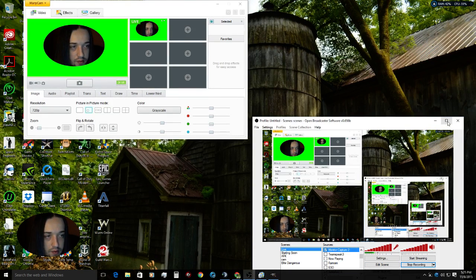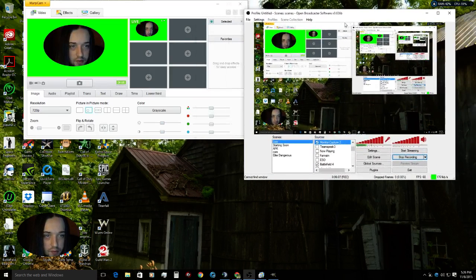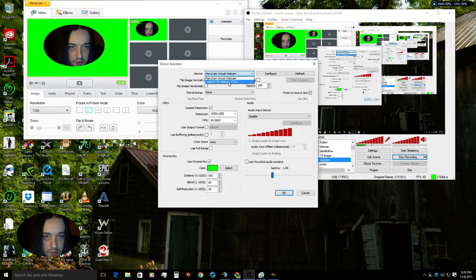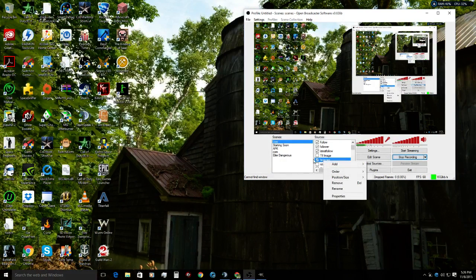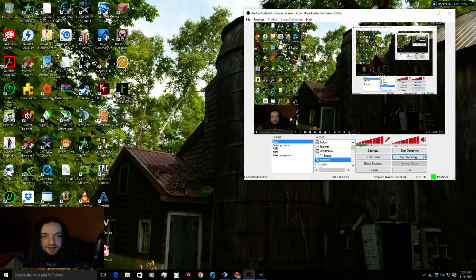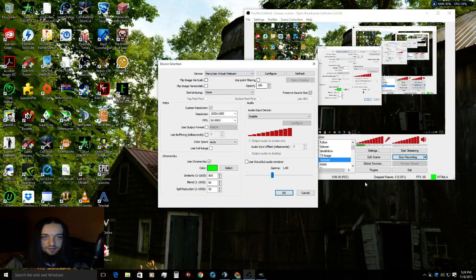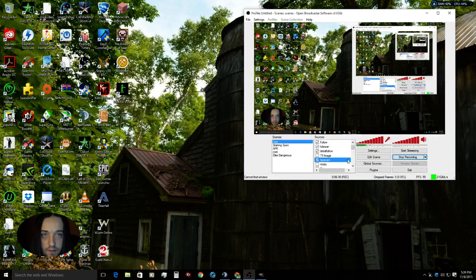So if I go back into OBS, we don't really want it doing that, but if we go back to OBS and we go to facecam here, properties, we'll switch it back to this and close out ManyCam, untick and retick it. So basically now you see that it's just a square. So we don't like that. So we want ManyCam, click OK, and now you'll see, now if we remove the chroma color,